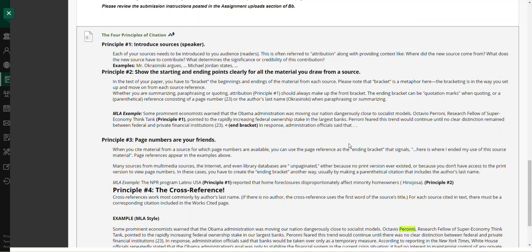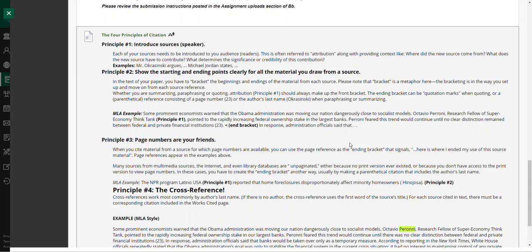Looking at page numbers, several people are using APA style citation, which is author and date in text, but yet they're giving me a works cited or an MLA citation in the works cited page. You must be consistent. Doesn't matter to me which one you use.